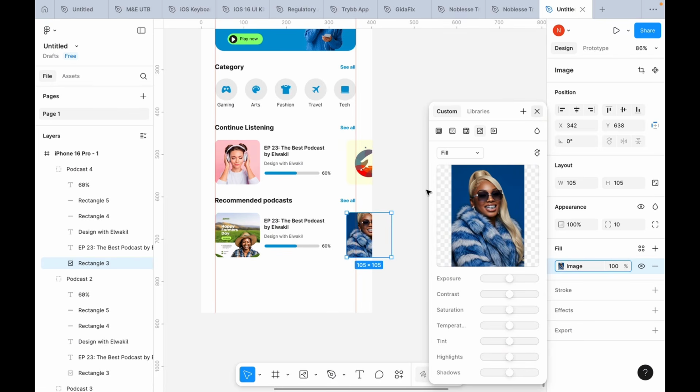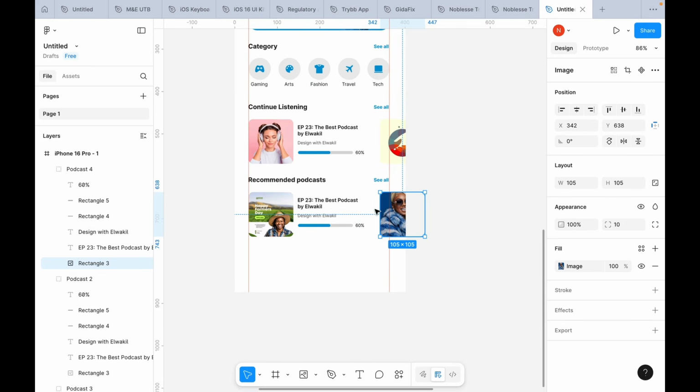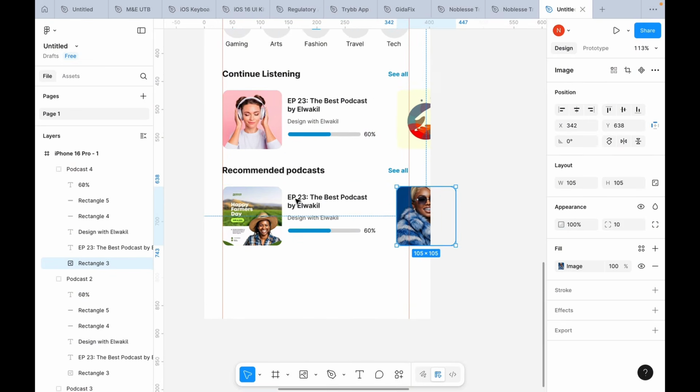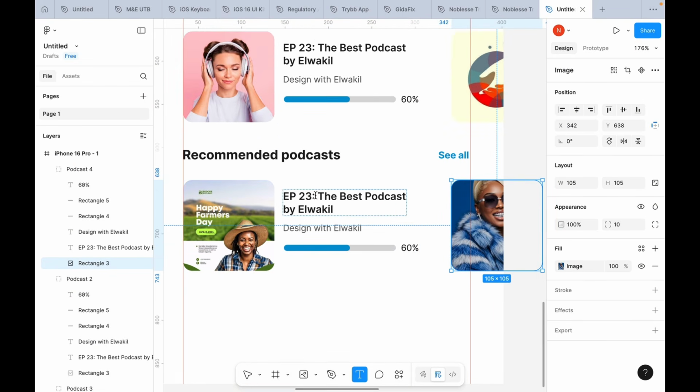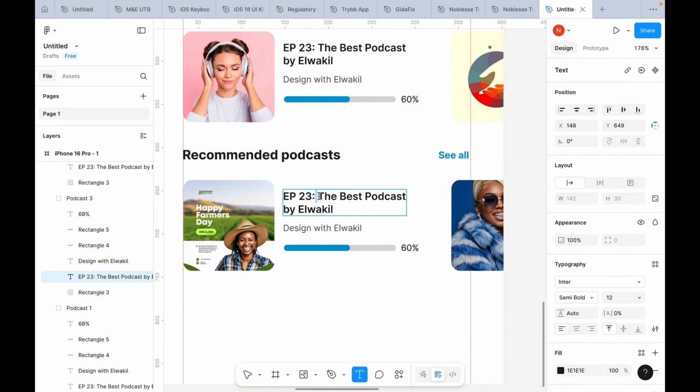You would want your app to look as real, your designs to look as real as possible. So you should use different pictures. For the name of the podcast as well, I'm going to change it. So let me say this one is episode 29 or 28. And the name of the podcast is